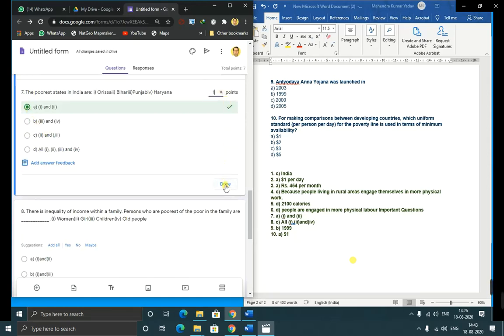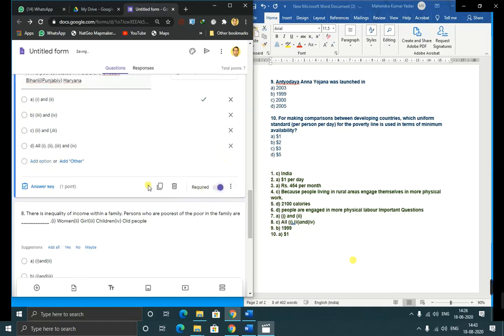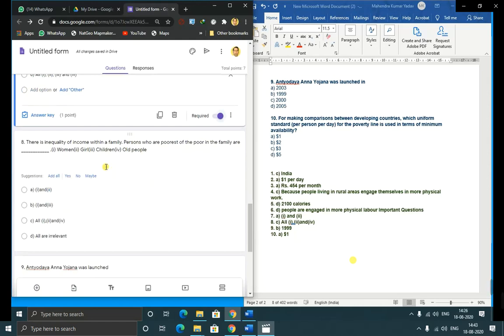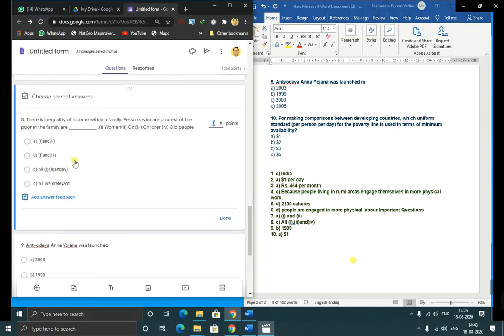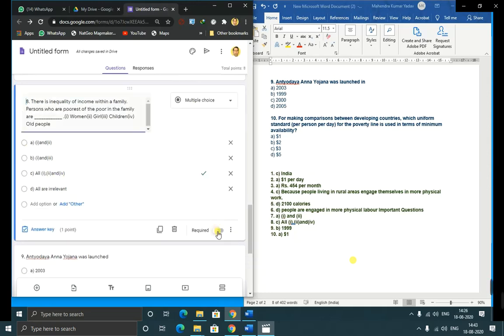See how the total point changed from 6 to 7. Again 1 point increased, 7 to 8.